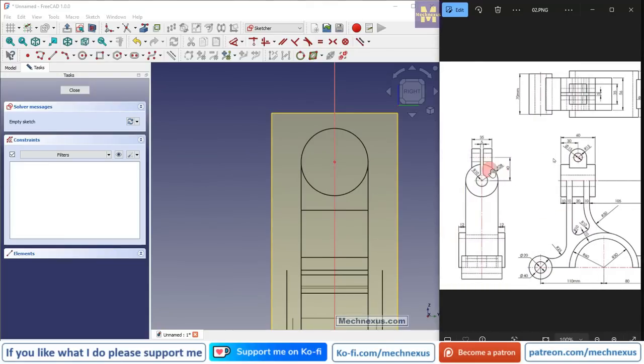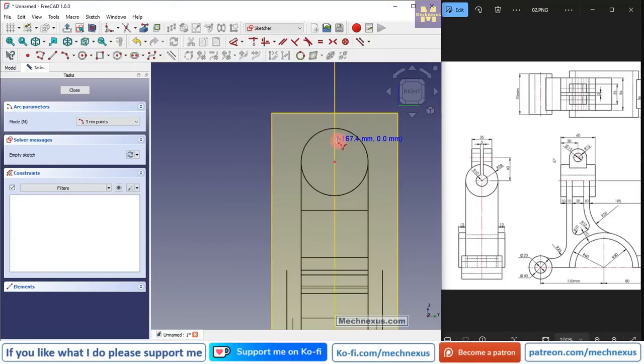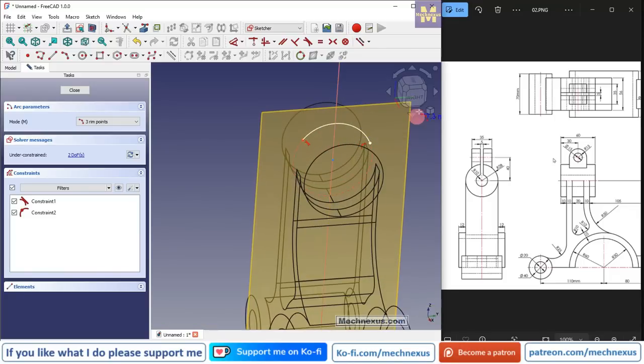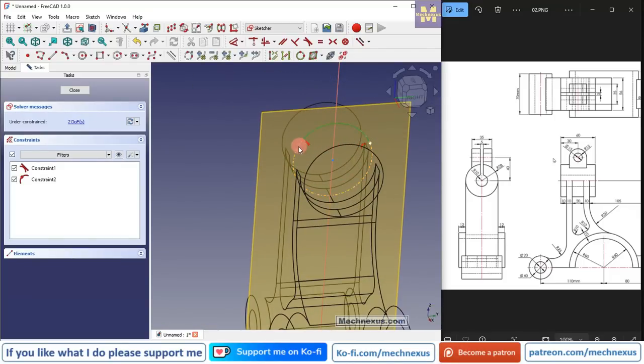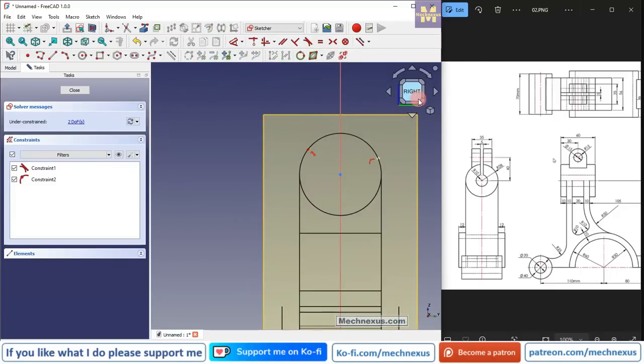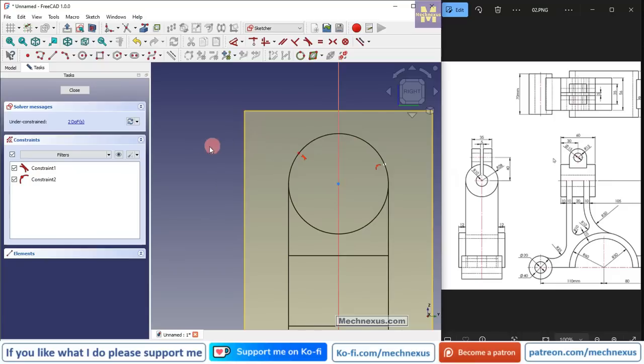So here is a R20 is given, so we will simply create a 3-point arc, and we will select this and made it equal first. And now here it is 35, so I will select the symmetricity constraint, select this point and this axis,